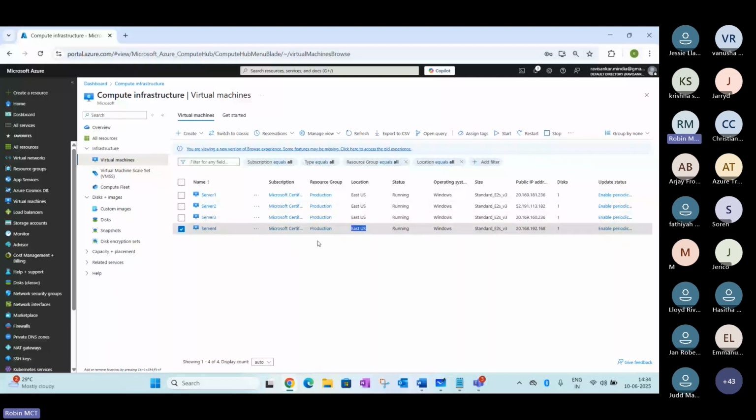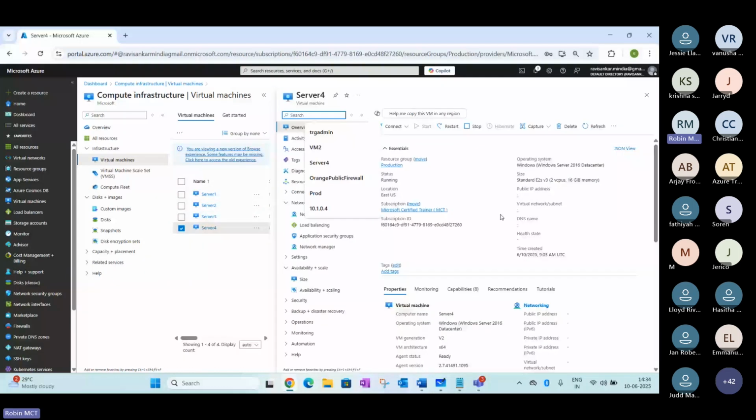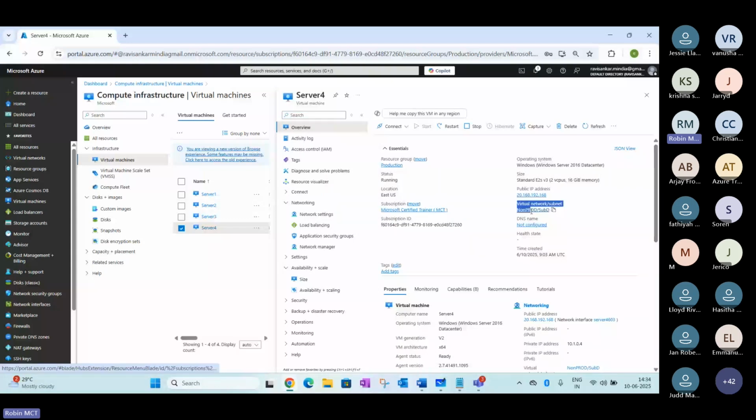But this time you may notice one interesting part. We did not use the existing prod network here. Instead of that, we have created a new network, and the name of the network we have given is non-prod. So technically, you may be able to see you have a non-prod network available here on the cloud side.